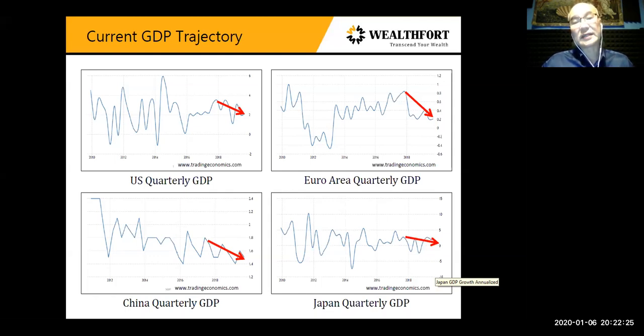So sometimes when people say that property prices can never collapse, in Japan it has already collapsed for 30 years. Whereas a lot of the other stock markets globally have already reached record highs, Japan has not reached